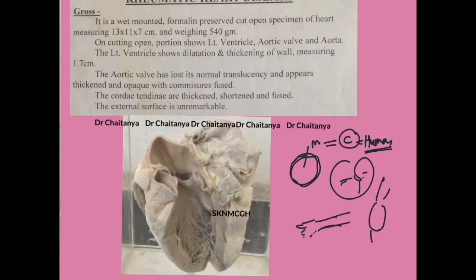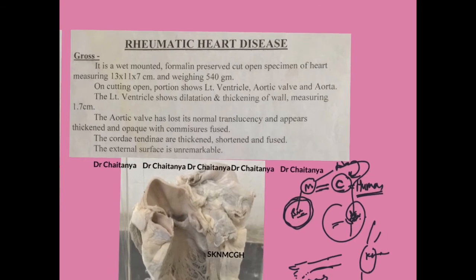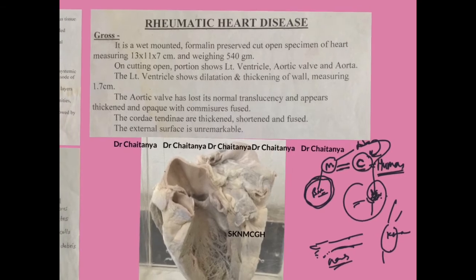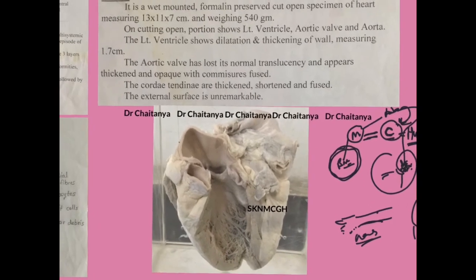Somewhere these proteins are there, and our body will develop antibody against this M protein in the bacteria, but due to the similar structure, the antibody will attack the cells which have a similar antigen, and these cells are present in our heart walls, in our knee, and in our hands. Where this antigen quantity is more, the antibody will attack even though it is our own human body. So this is called a delayed type hypersensitivity reaction in rheumatic heart disease, and that is the main reason why rheumatic heart disease occurs after a throat infection